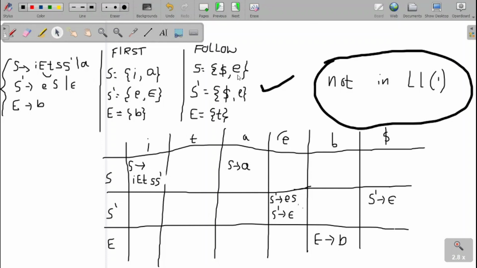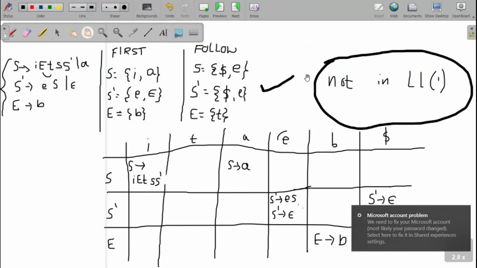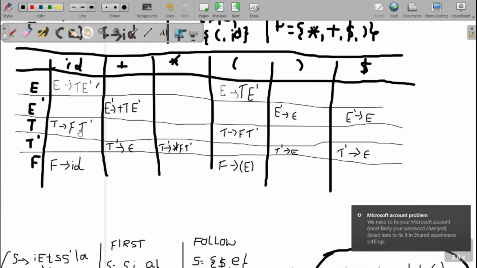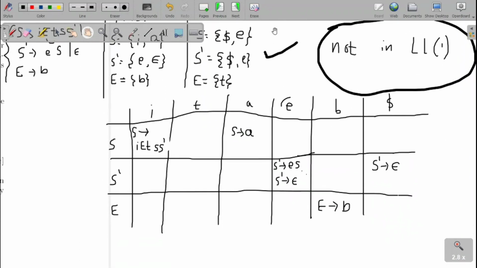In the above one, as we took, the grammar was in LL(1), wherein no such cases were there. For each row versus column entry, we have a single entry in the table. So we say that this grammar is in LL(1). But the below one is not in LL(1). So this is how we make the decision. I hope it is clear.